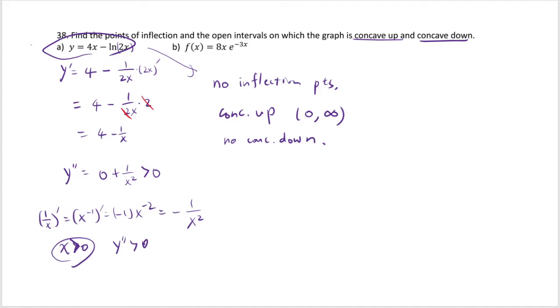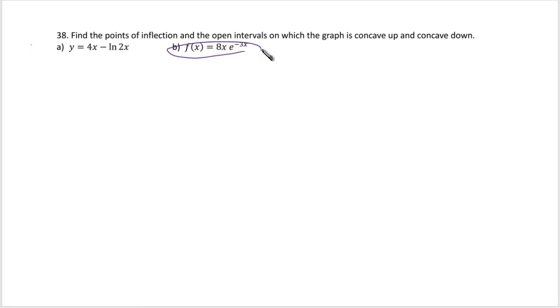Okay. So that was a rather simple question. Let's move on to the next one. For this one, we have to again find the second derivative. So let's try that. F prime of x is, you're differentiating a product, so you have to differentiate the first one, leave the second one untouched, but then in the second sum it's e to the negative 3x that gets differentiated and 8x gets untouched. Now 8x prime is 8,